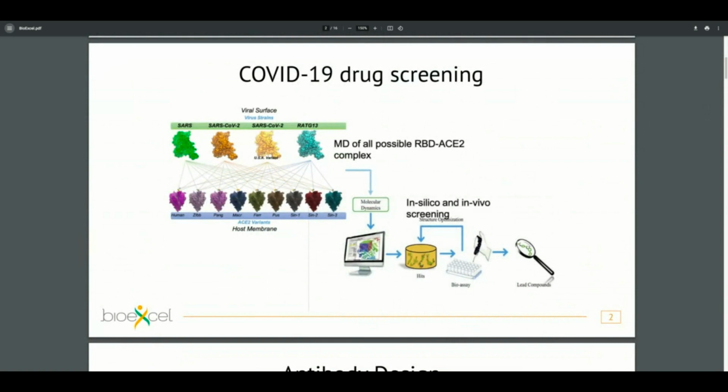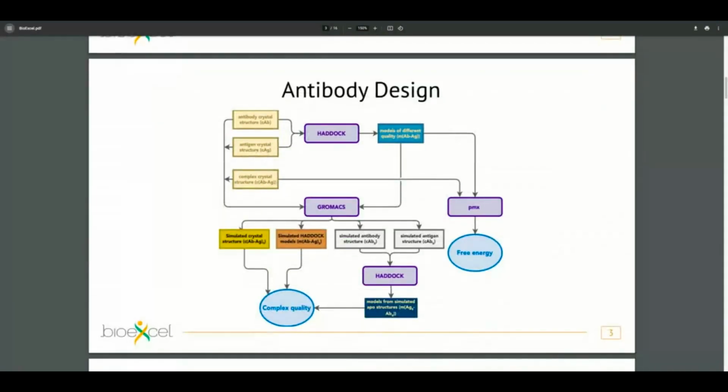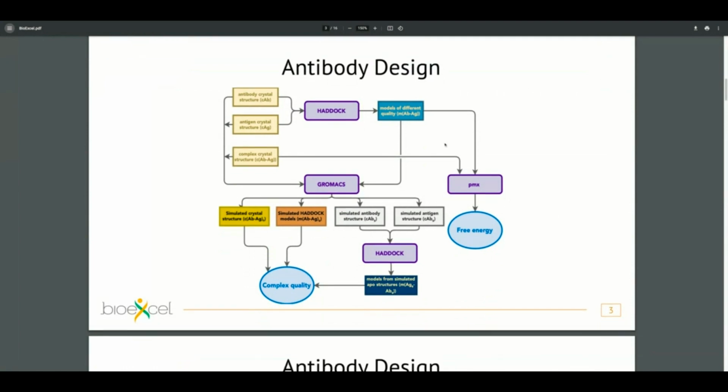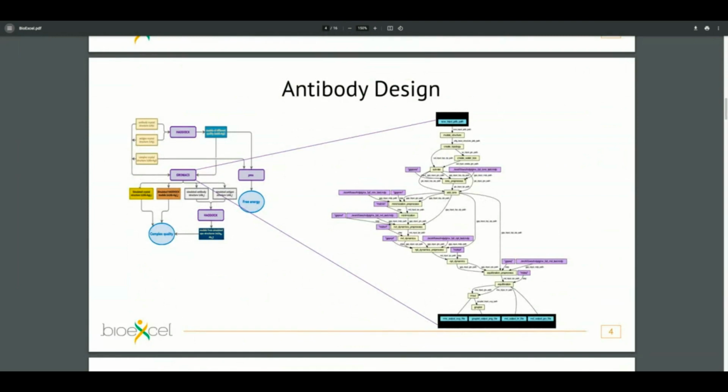we are focusing specifically on providing software development and support and training and all kinds of activities surrounding computational biomolecular modeling and simulation. So over the past year or so, we've done COVID-19 work, done by my colleagues. We have a number of use cases that are exploiting high-performance computing using some of the core applications that we support, like GROMACS, HADDOCK, PMX, and CP2K, to perform all kinds of studies of drug design and mutation studies, a